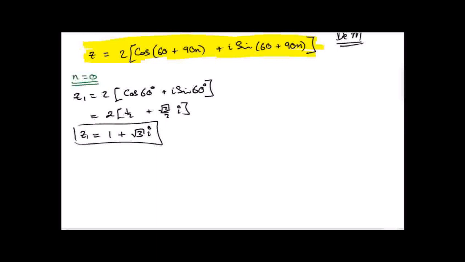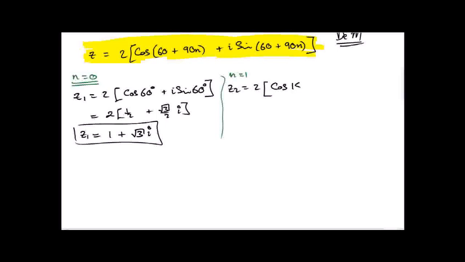Okay? Now, as I said, all I got to do is let n equal any 4 consecutive numbers. So now I'm going to let n equal 1. So what's z2 going to be? 2 multiplied by cos of what? What happens if I put in 1 instead of n? 90 by 1 is 90. 90 plus 60 is 150. Is that okay? So it's the cos of 150